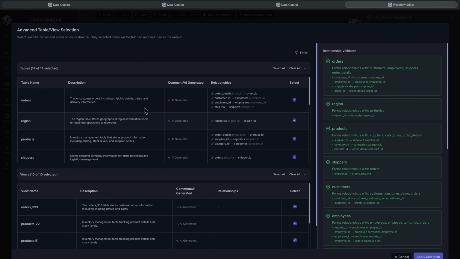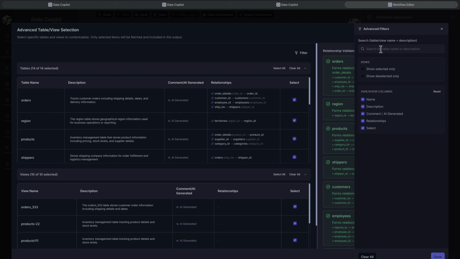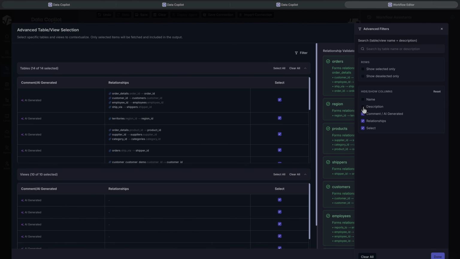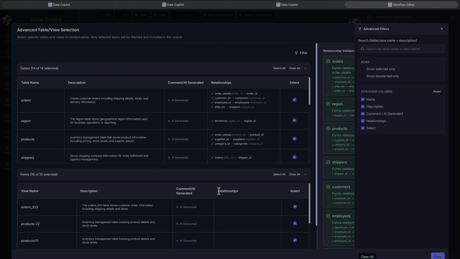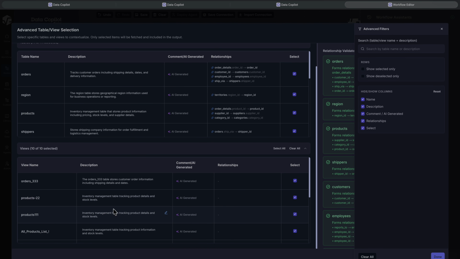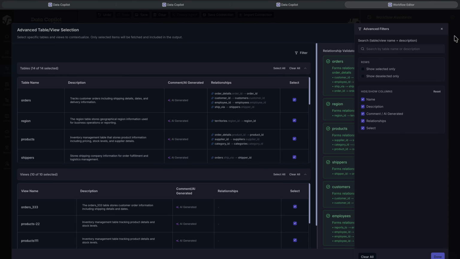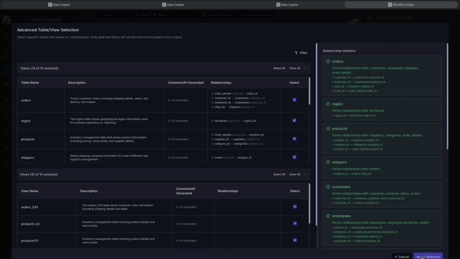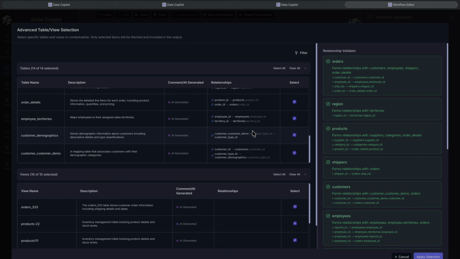particular table. Here you can edit or enhance this information, or you can also select or deselect all of these different tables. And also you have the filters to search for different tables or views that you don't want to see or contextualize in the next step. And here you have the columns, hide and view columns in order for you to quickly go through all of this information. For example, it has all the views here, tables here. So I will go and click on done, click on apply selection, because I will use all the tables present